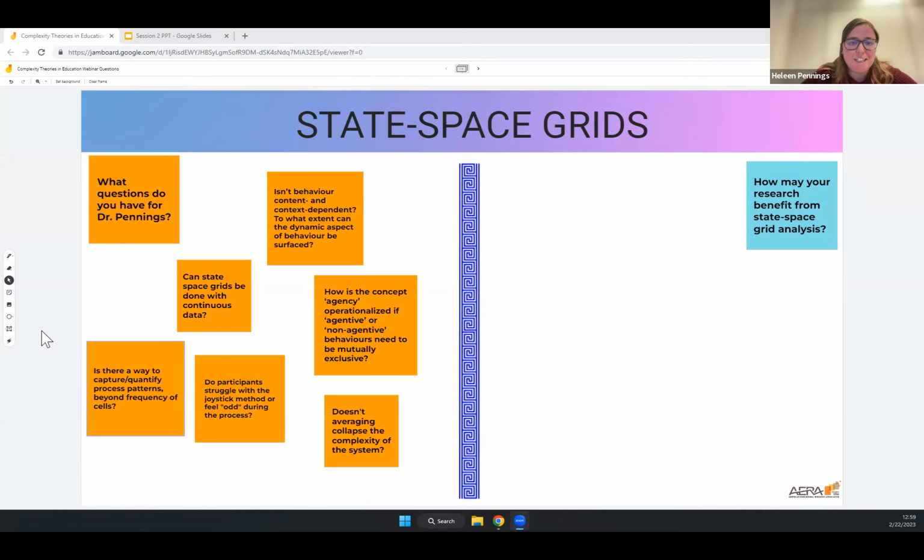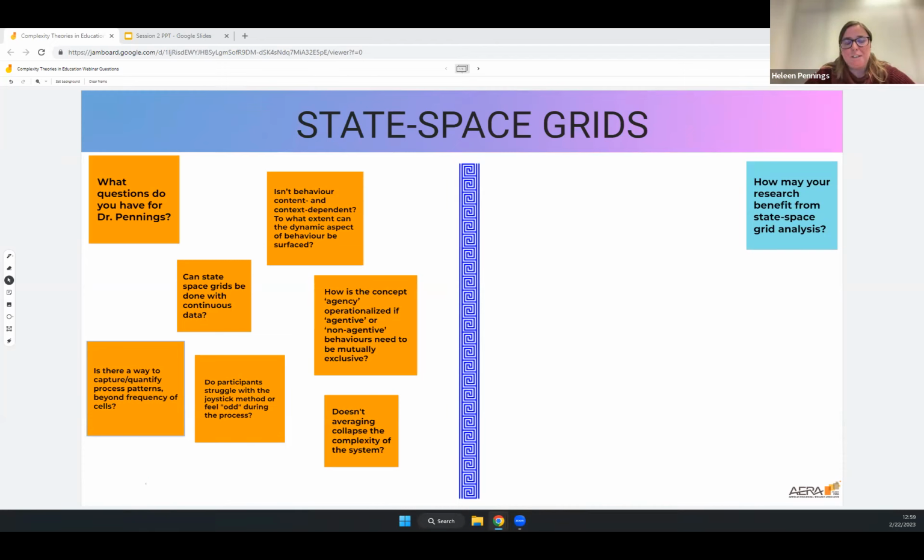One of the questions is, can state space grids be done with continuous data? Officially they say it's not, but actually my data are continuous. When I code them, this yields a continuous stream of data, every half second. I didn't mention this during the presentation.